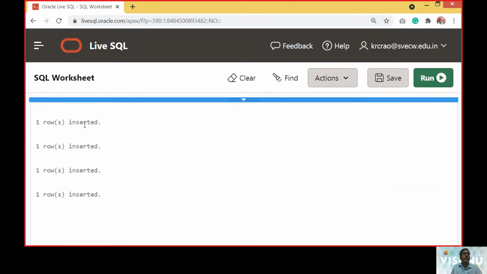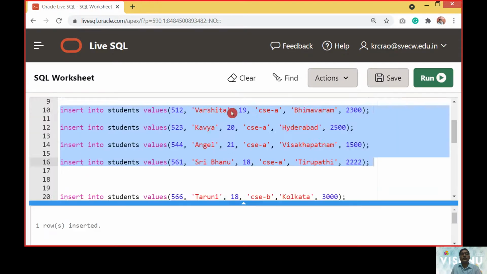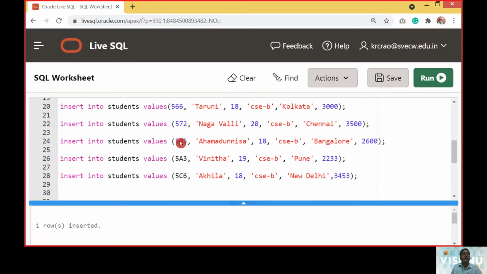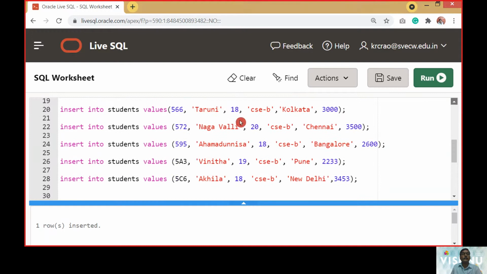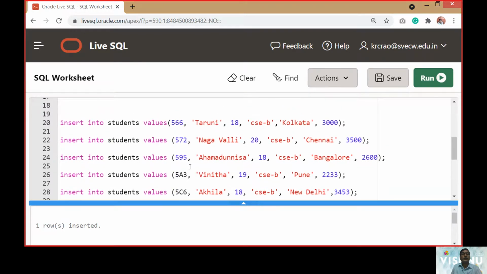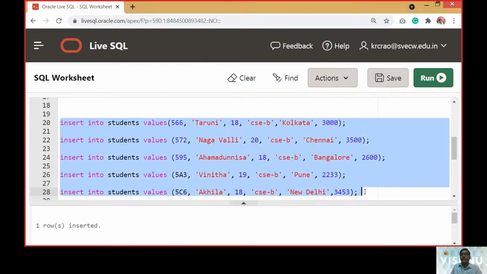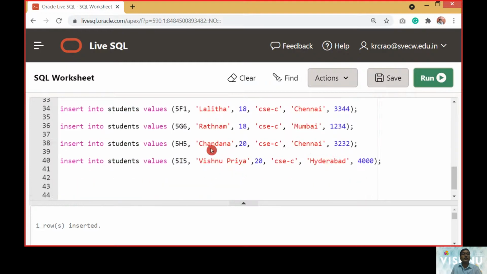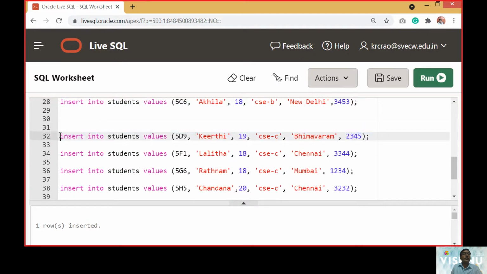You can see 4 insert commands are executed. Then I will look into the next values, 66, 72, 95, 83, some of the names, and so it is inserted. Then we will move on to the other values.